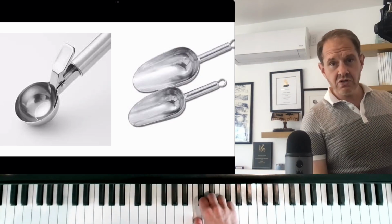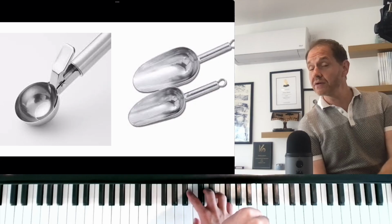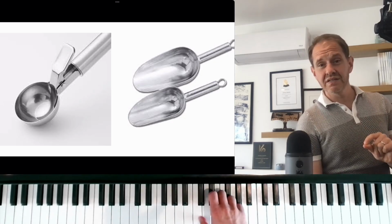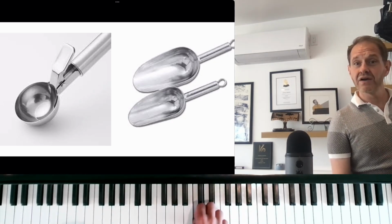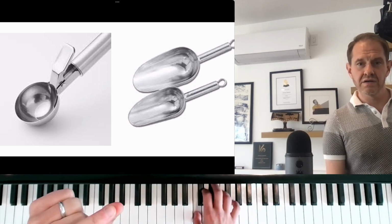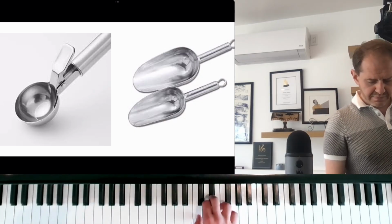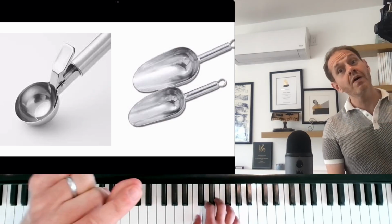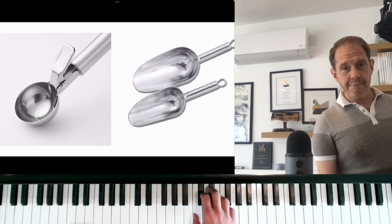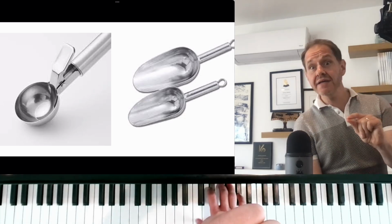So we have do, do, do, then. And then I'm going to repeat that phrase, right? Okay, and then I added two grace notes there, right? Ready, and